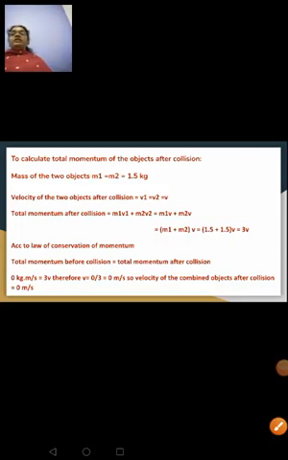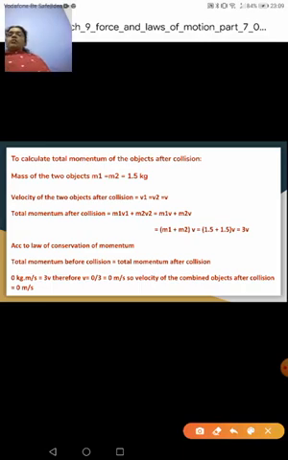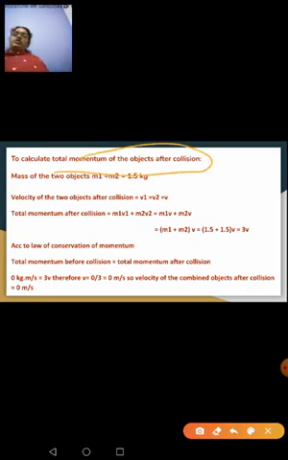Yes. So the sum is not yet over. We have to calculate the velocity shown by the objects after collision, when they collide with each other. What is the velocity shown by them after their collision? So we have to do the second half now. For that, we have to calculate the total momentum of the objects after collision. After they collide with each other, they will start showing a change in their velocity.